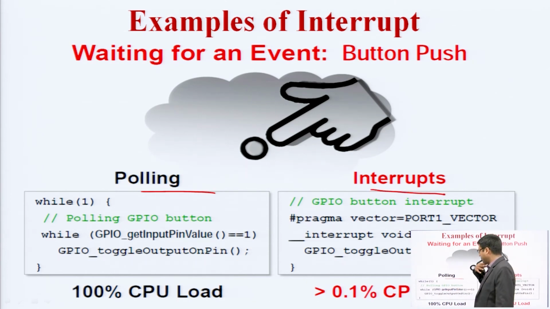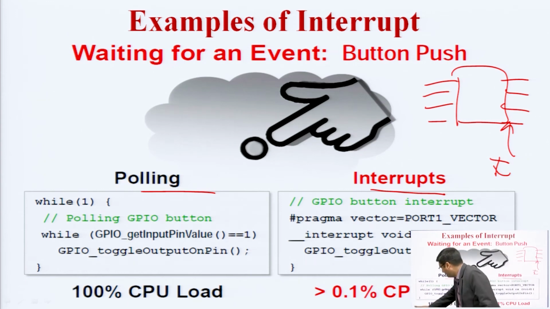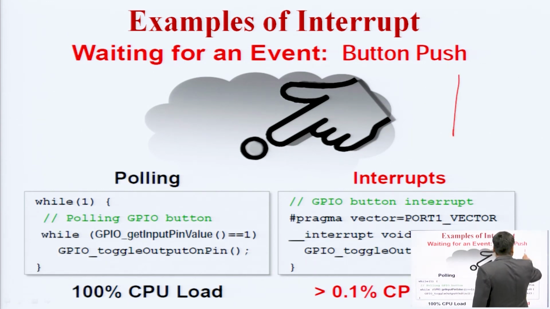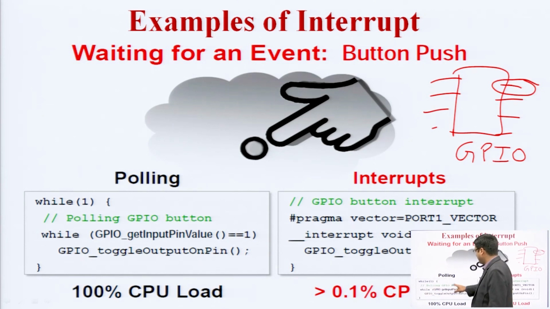Polling means that we are continuously checking, we are polling the GPIO pins of the processor. Let us consider this is the MSP430 chip, and these are the GPIO input output pins. In polling, it continuously checks the status of the GPIO pins through this program, in a loop, in a periodic fashion: polling the GPIO button with while GPIO_getInputPinValue. Here it is continuously checking the pin status, it wastes a lot